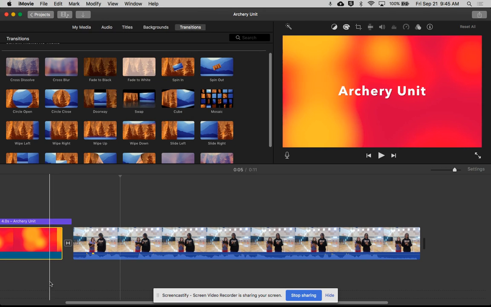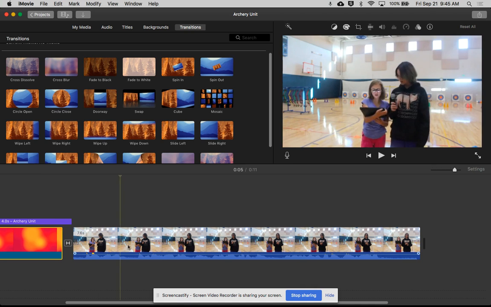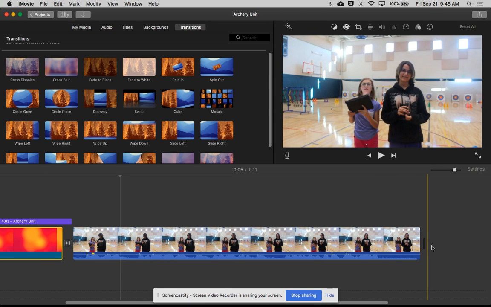Snapping are those yellow lines that I talked about in step 3, where when things match up, it snaps and it shows that yellow line. And for audio skimming, when I run my mouse over the video, the audio plays. Now, the reason why audio skimming is so important is it allows you to easily make really